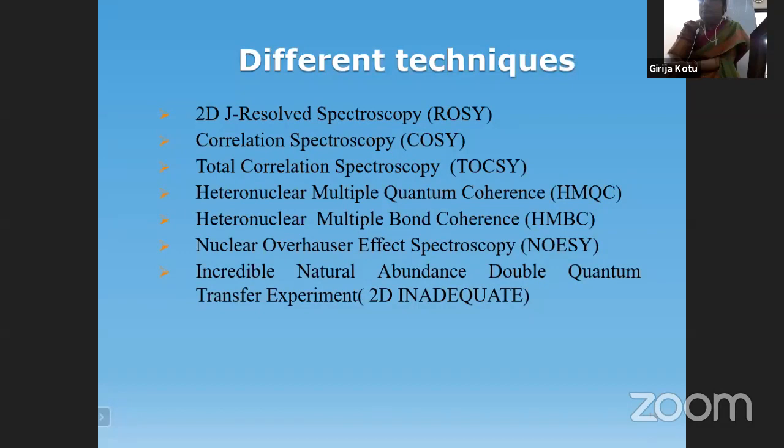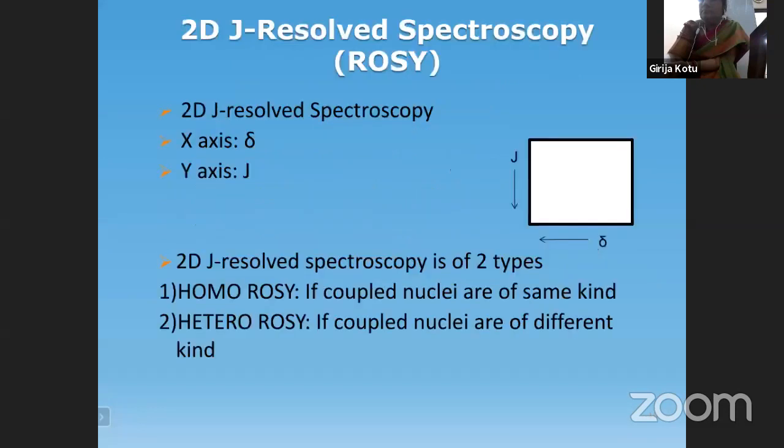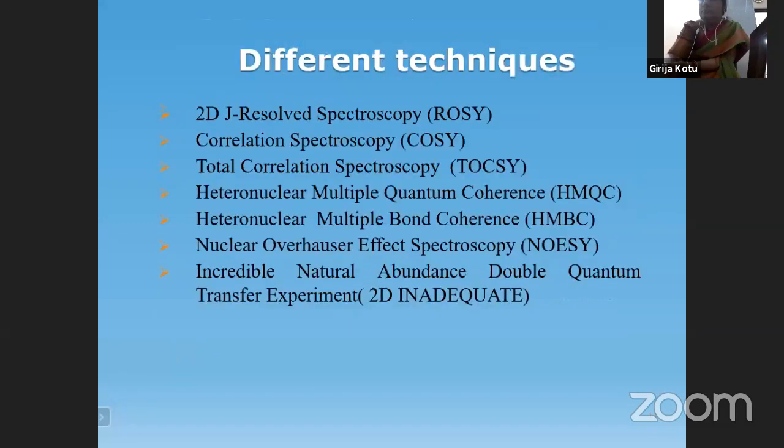If you look at all these techniques, you may be a little confused and worried. But we can simplify this: the first 1, 2, 3, 4, 5 techniques, up to heteronuclear multiple bond coherence, show only through-bond connectivity. In an NMR spectrum, the connectivity of the molecules is only through bond. We are going to see only three-bond connectivity. So the first five techniques refer only to through-bond connectivity, and the next one is the nuclear